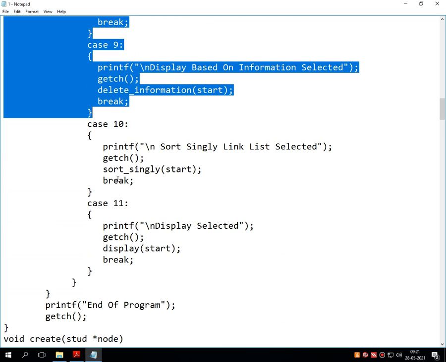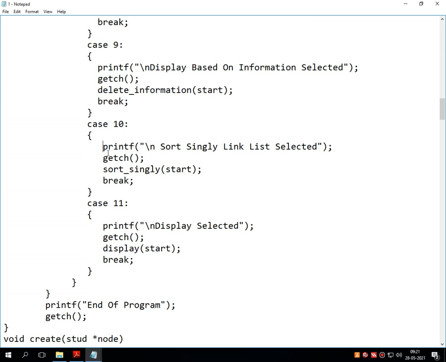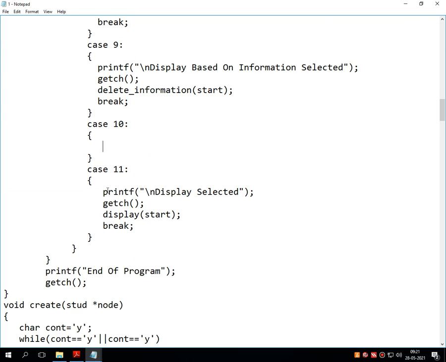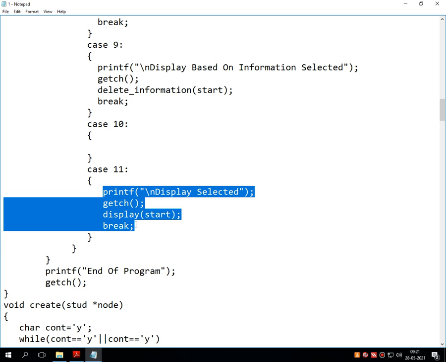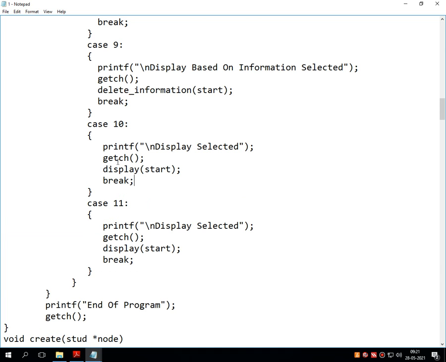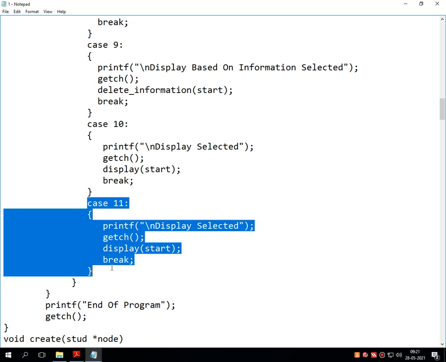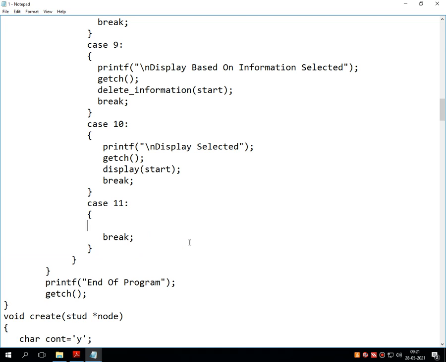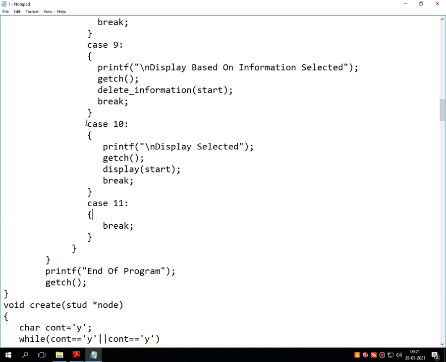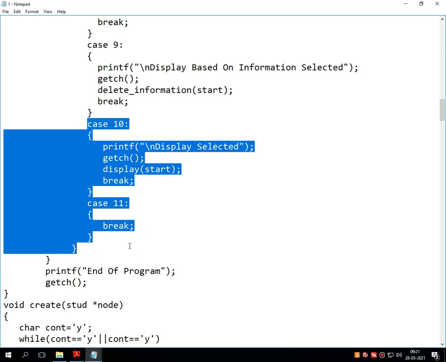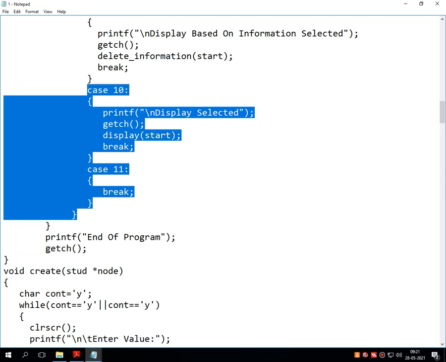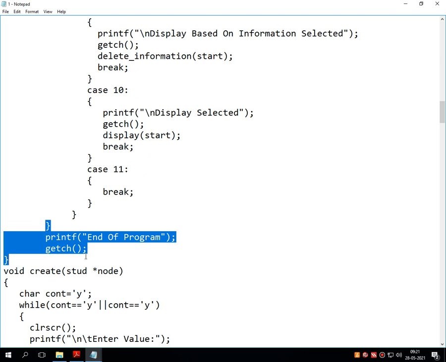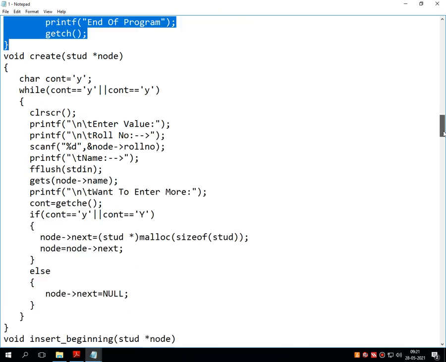Again pause the video. Here I have to make one change. I have to remove this thing, and I have to paste the option of this 11 into the 10. Case number 11 will be only break, because this is exit. So now write down case number 10 and 11. Pause the video and complete the void main statement. Okay. Again pause the video